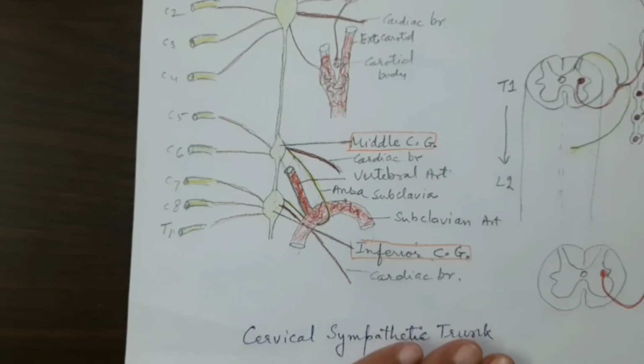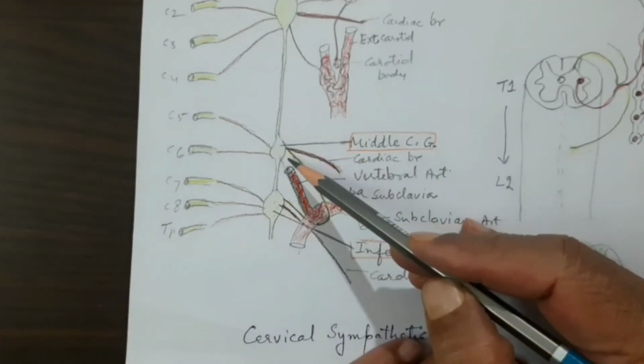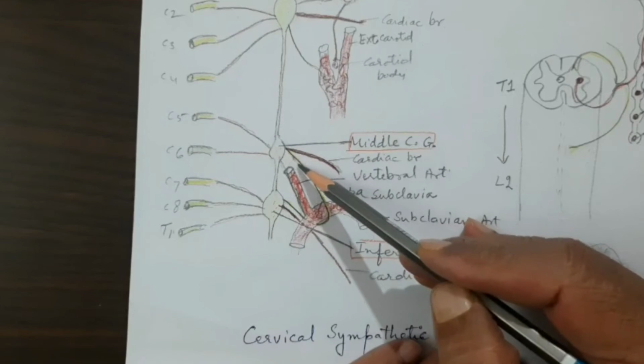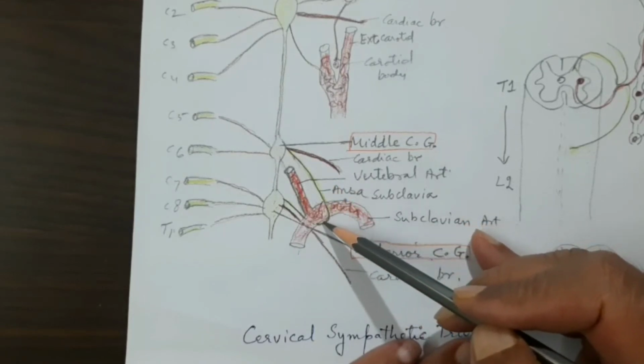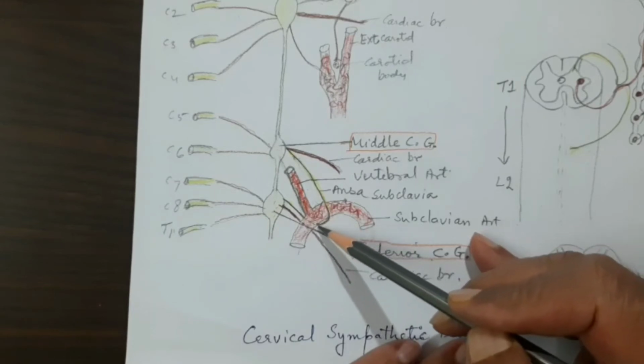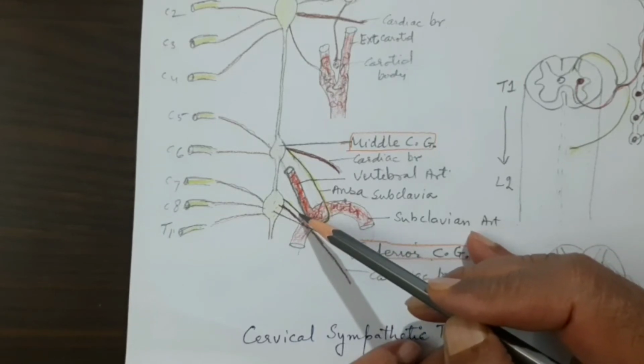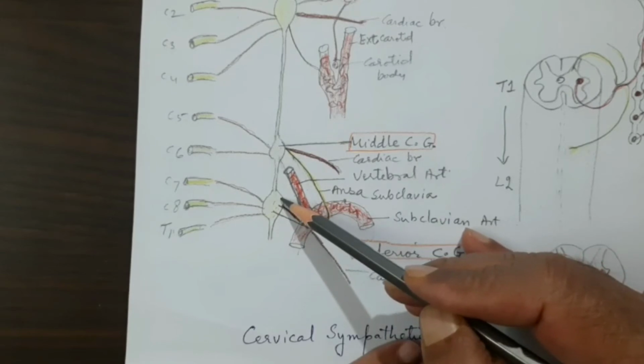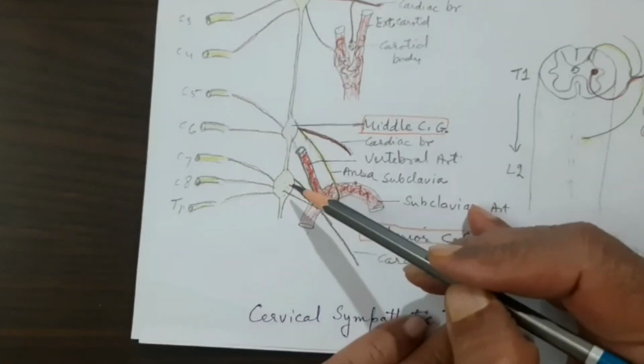But remember that the inferior thyroid artery also carries a sympathetic plexus on its surface, which is going to the thyroid gland. So this is a plexus on the inferior thyroid artery. Then you can see that one of the branches from the middle cervical ganglion is arising. It lies on the surface of the subclavian artery, and then it forms a loop, winds round, and these fibers go and end in the inferior cervical ganglion.